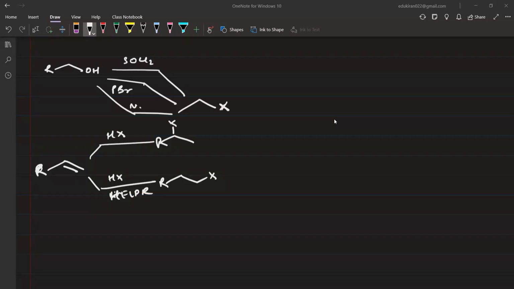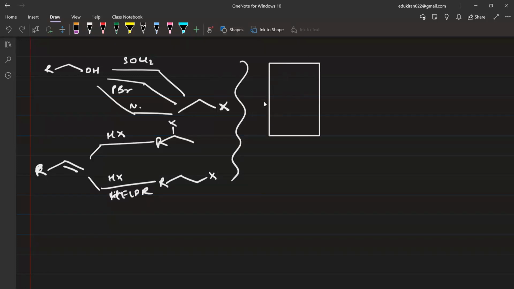Now, this is your revision. Okay, this is your revision. That's it. You don't have to revise anything else. What you need to do is make short notes. Once you have done the revision of the method of preparation, what you need to do next is make a sheet of haloalkane and haloarene